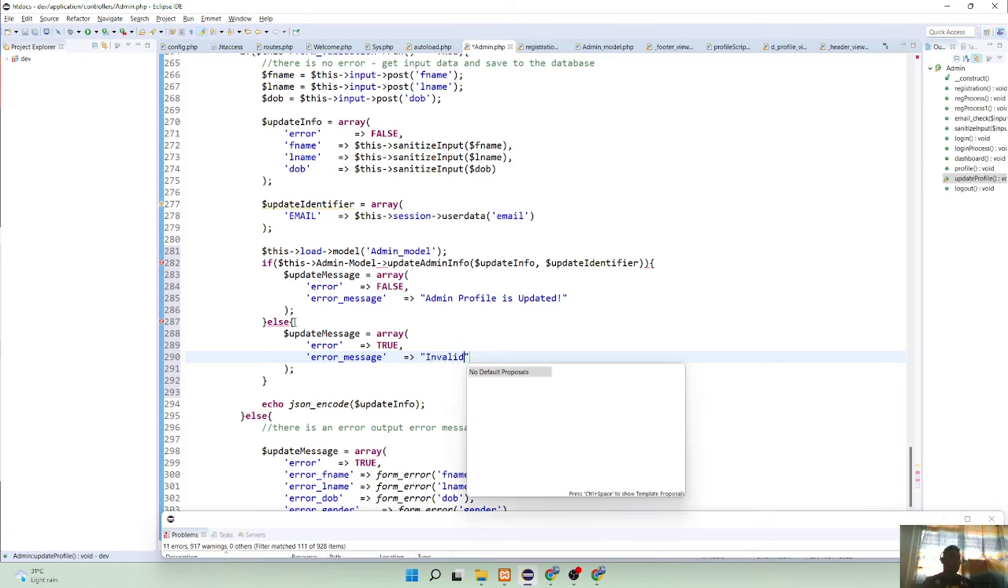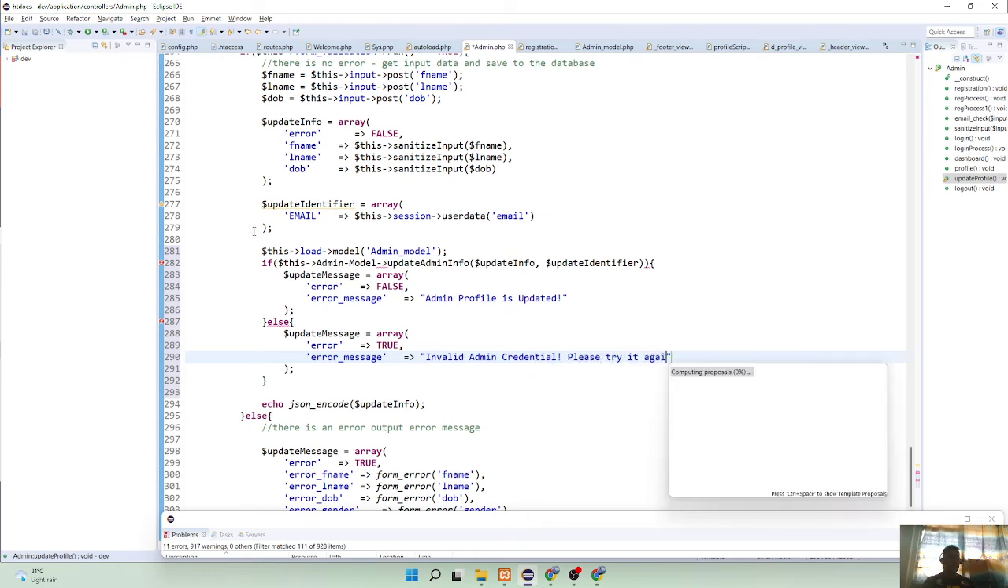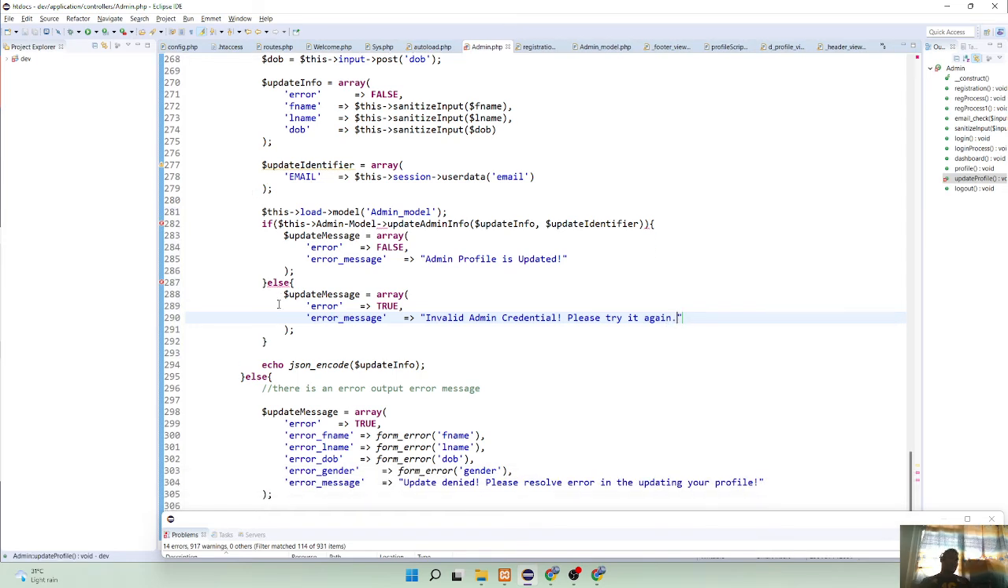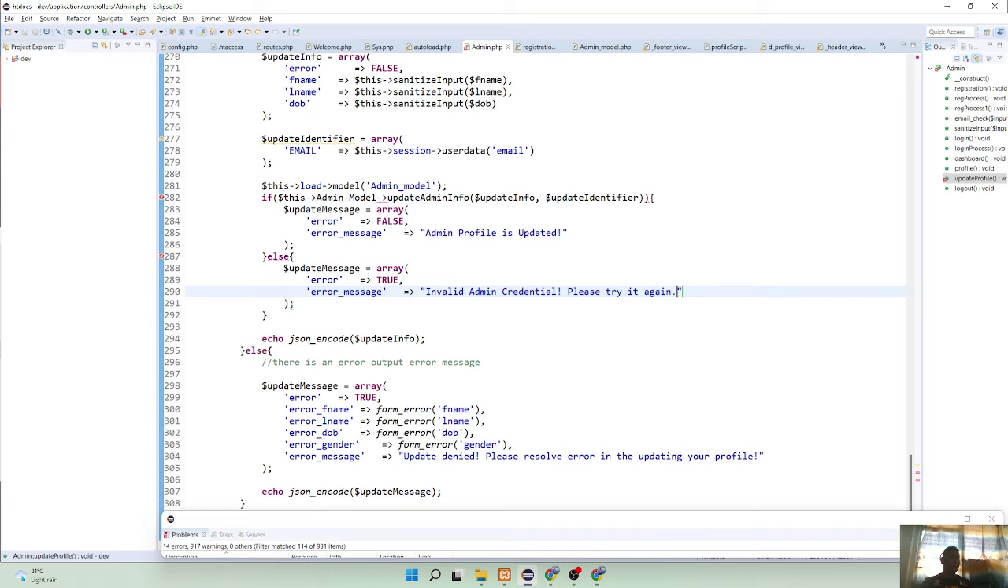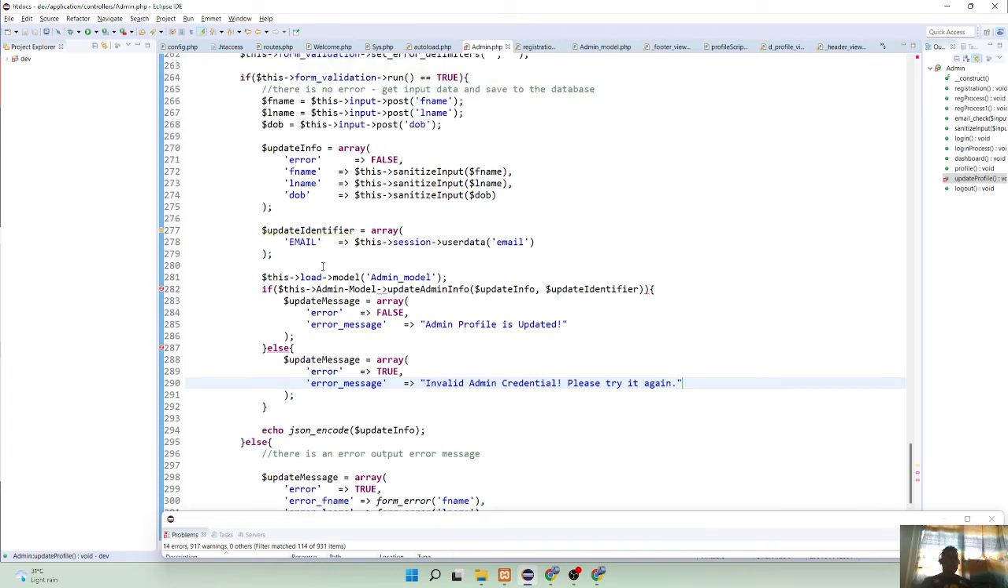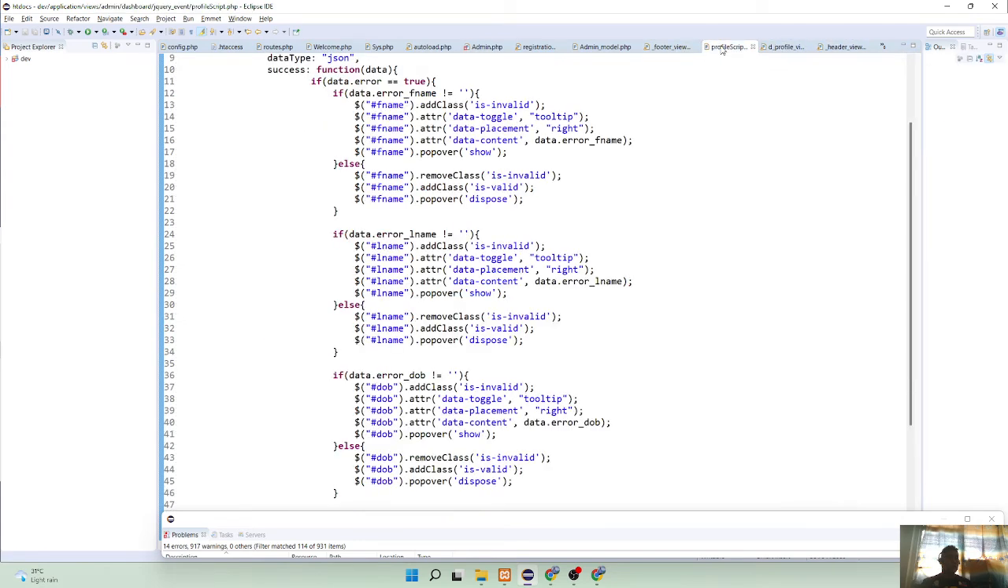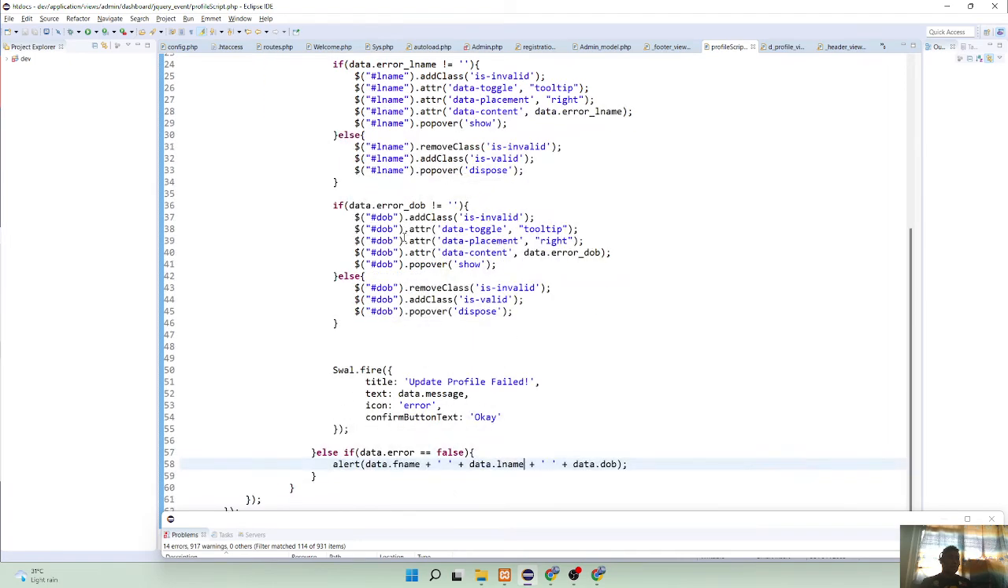Invalid admin credential. Please try it again. So that's it. Error message. So it's already done. So we can now just go back here for the error is equal to true. Go to this one. So if it is true,